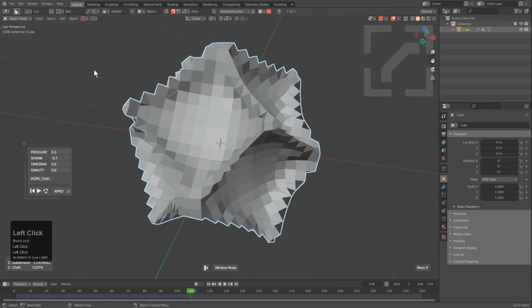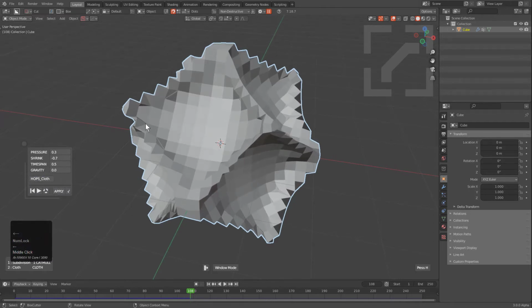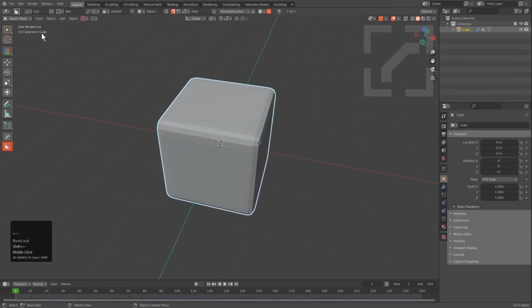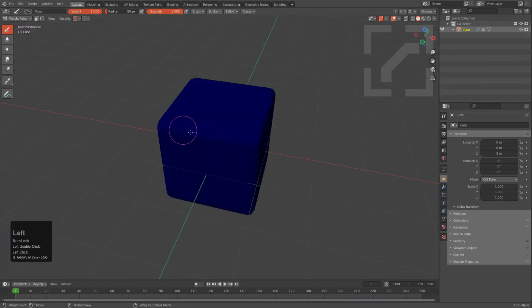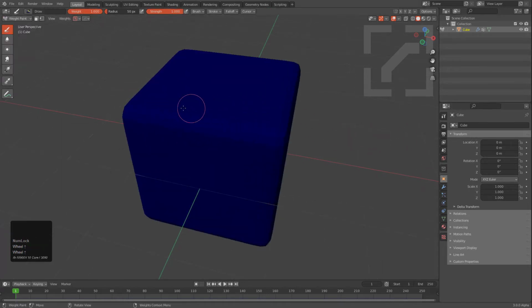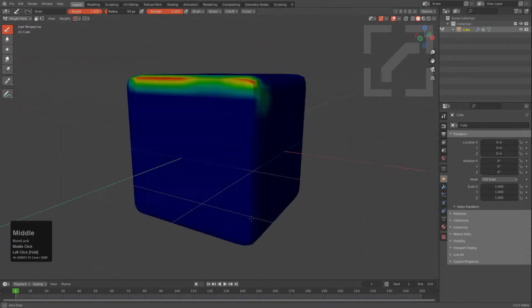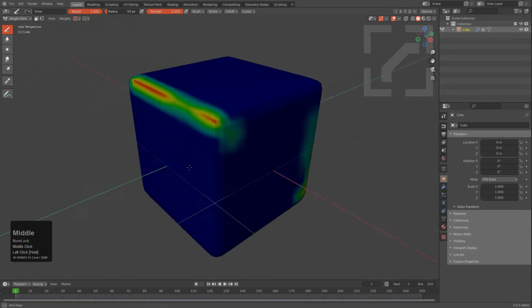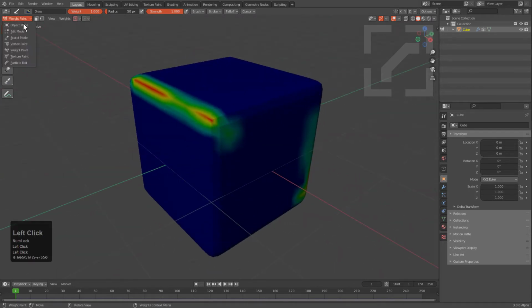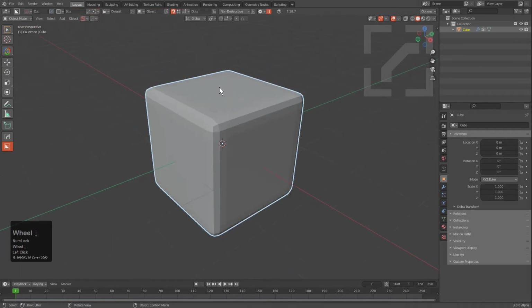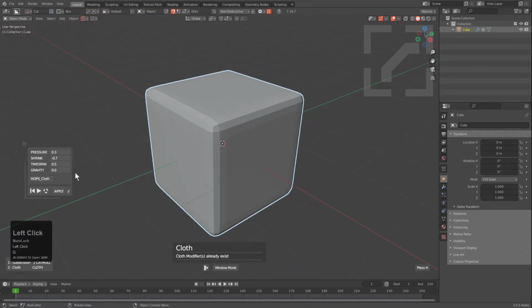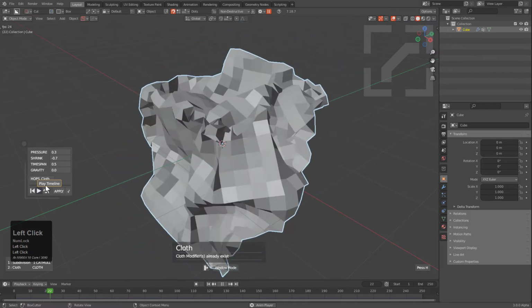If we were to go back to frame 1 with Shift left arrow, and we jump into weight paint mode, we see that we basically have no weight set. So let's just do a little bit of painting just for fun. Because we had no sharp marked edges, no edges were added to the vertex group, resulting in our cube just falling down. But if we press Q and we go under cloth, we now can click on play, and let's